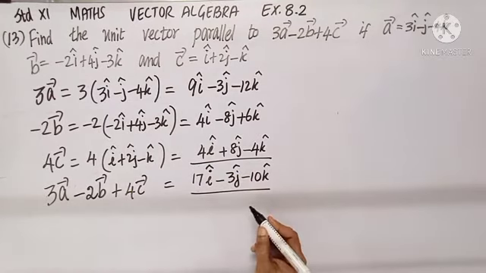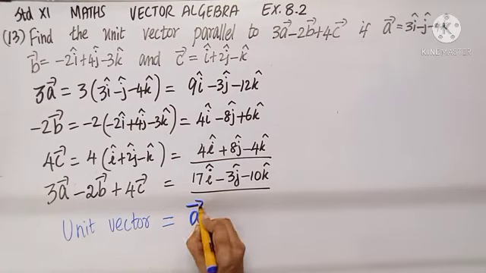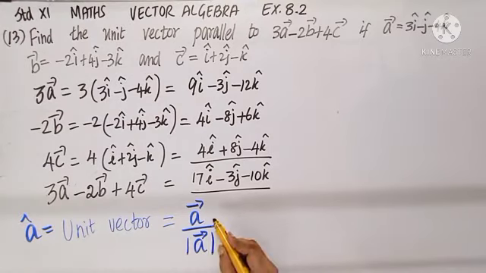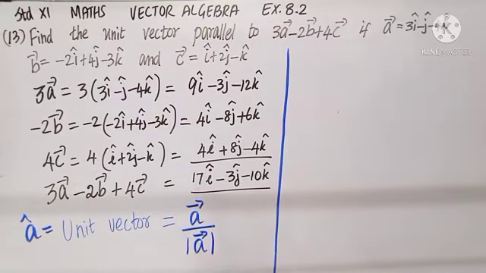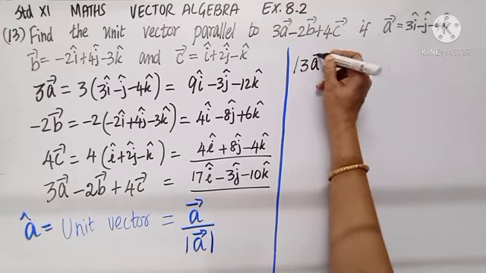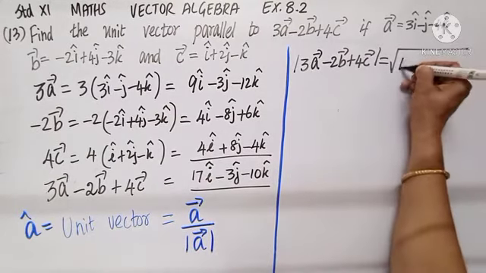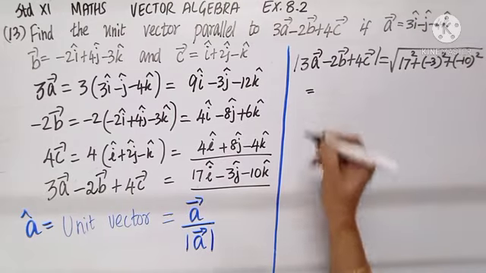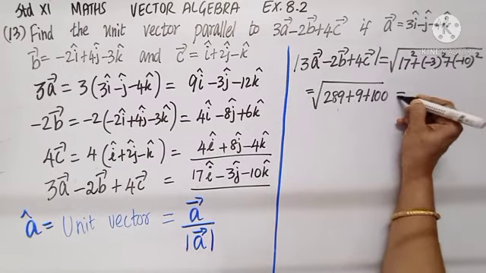As we get this, we need to find out the unit vector. Unit vector equals a vector divided by modulus of a vector. So, unit vector we generally denote a cap. The formula is a vector by modulus of a vector. Here, I am given 3a minus 2b plus 4c. Let us try to find out the modulus of 3a minus 2b plus 4c. It is square root of 17 squared plus minus 3 squared plus minus 10 squared. As we simplify, it is root of 289 plus 9 plus 100, which is root of